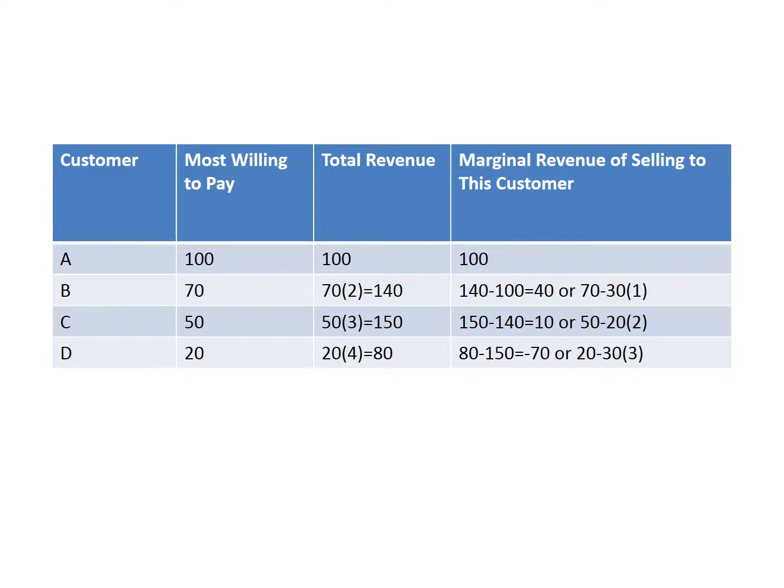Now what's your marginal revenue of selling good number 3? Well, in this example, you're going to sell 3 products. You should charge a price of $50 each. So you'll bring in a total revenue of $150. Recall, if you sold 2 products, you'd bring in a total revenue of $140. So the extra revenue from selling to the third person is $10.